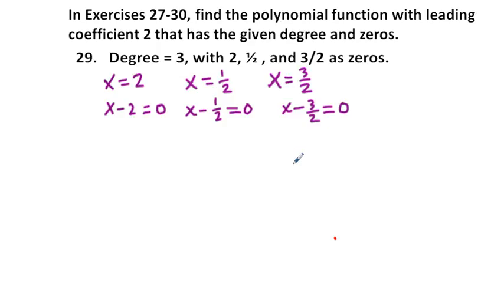So we can multiply all these together. I'm just trying to think of the easiest way to do this, because we need a degree of 3 and a leading coefficient of 2. So let's just go ahead and multiply. And what I'm going to do